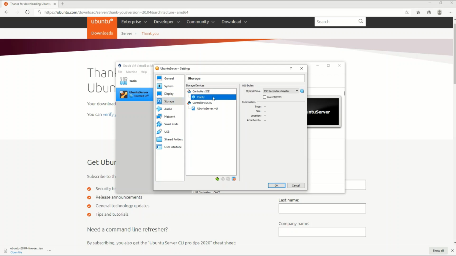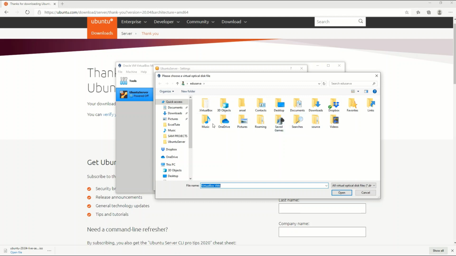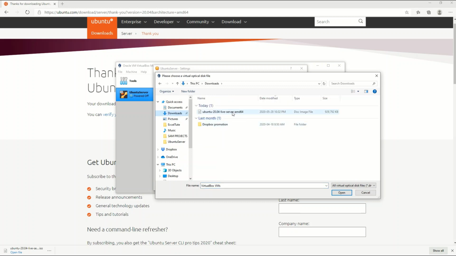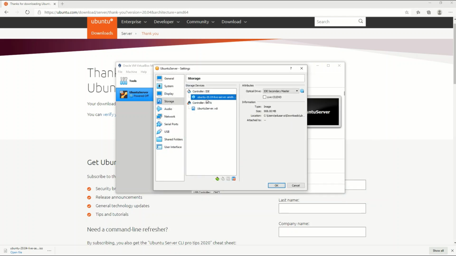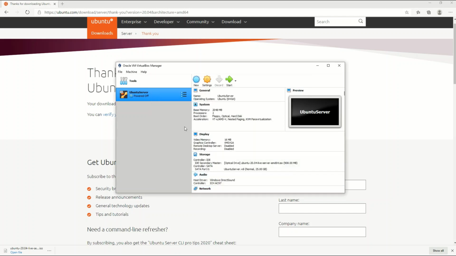So I'm going to select on that, and then click on this button to load, mount our disk image. I'll click on this button here, choose disk file, and then I'm going to select the ISO image that I downloaded. You can see that it's a disk image file. Select it, and then you click open. Then you can see that it is mounted now. Now click OK,